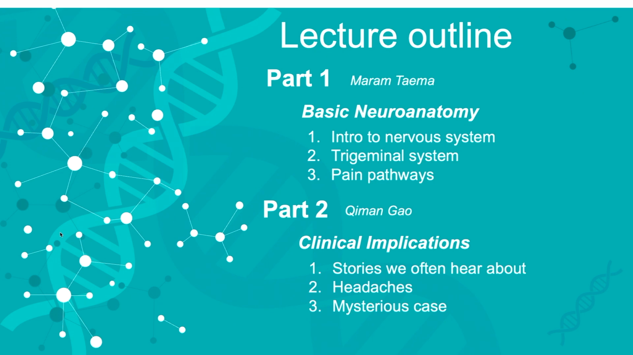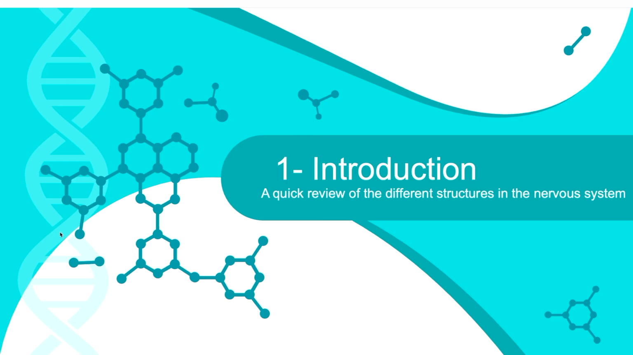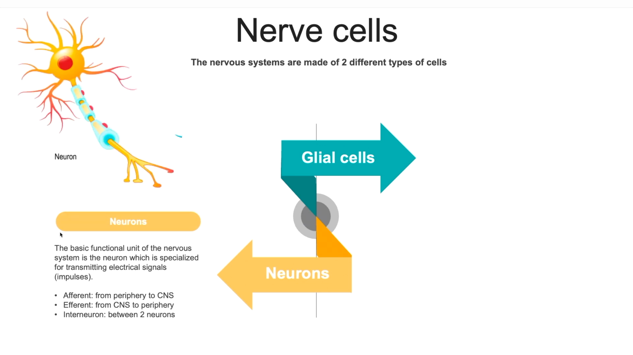So we'll have it in two parts. First, I will be talking about the basic neuroanatomy, and my colleague, Dr. Qiman Gao, will be talking more about neuroanatomy in real life. So let's start. We'll start with a simple introduction about the nervous system. The nervous system is composed of mainly two cells. The neurons, which are the basic functional transmitting unit. It transmits the impulses,